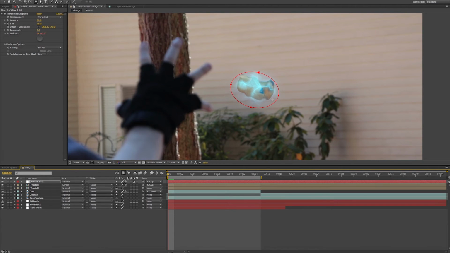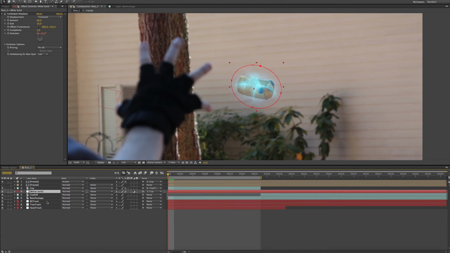Okay, so it's a little off, but that's okay. We can fix it. And we're going to change it anyway. We're going to make it a little bit more circular, I think. Whoa, I don't know how to do that. How do you make it more circular? Okay, more circular, just by a little bit. And scale it up. Like so. There we go. Okay. And that's going to be our displacement, but we actually want it underneath the cup and